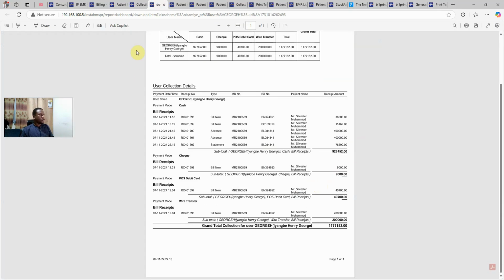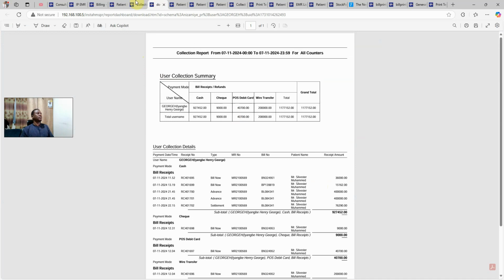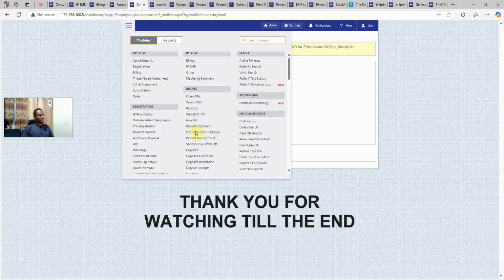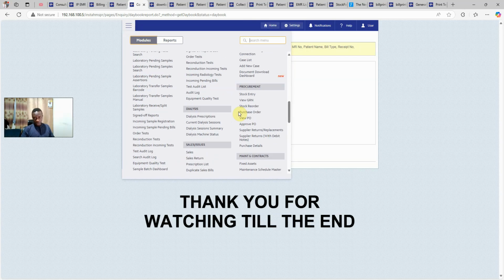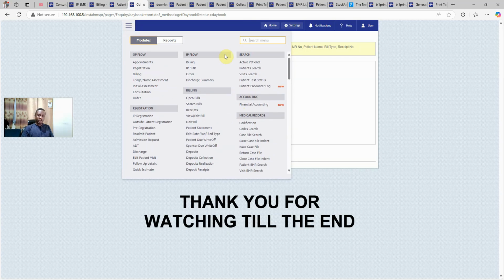So there are so many other things we didn't cover, such as radiology, but it's almost the same thing. Inventory, workflow, booking. The system covers everything that happens in the hospital, but we cannot cover that in this demo because, of course, it will take almost forever to cover everything in the system. The software is quite robust, very robust and comprehensive. It is designed to cover almost everything you need to do in the hospital. So thank you so